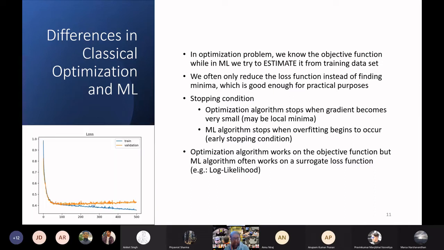And this is one particular example where we plotted the training and test validation error with respect to the number of epochs, or number of times we are training. And this can be the stopping condition. From the optimization point of view, you will say that let us move on and on,